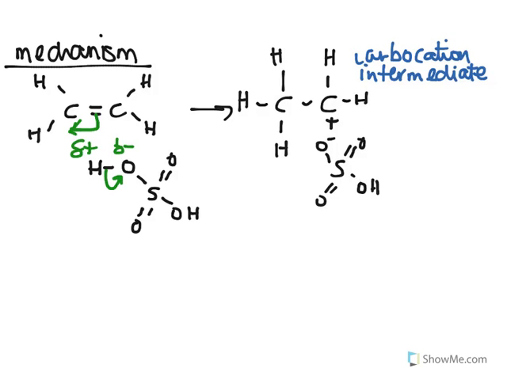And of course we have here our hydrogen sulfate ion, which, with this negative charge here on the oxygen, looks to make a bond with the carbocation to give us our next product,